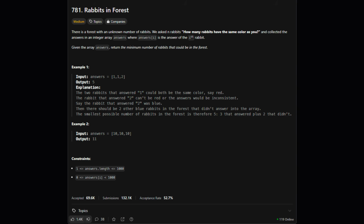Okay, so here's the setup. Imagine a forest with rabbits of different colors, but we don't know how many rabbits or colors there are. We ask some of the rabbits just one question: how many other rabbits have the same color as you? We get a list of their answers. Our job is to figure out the smallest possible total number of rabbits that could be in the forest, given